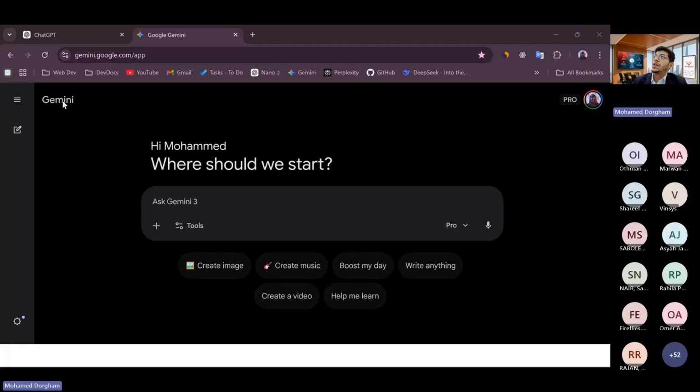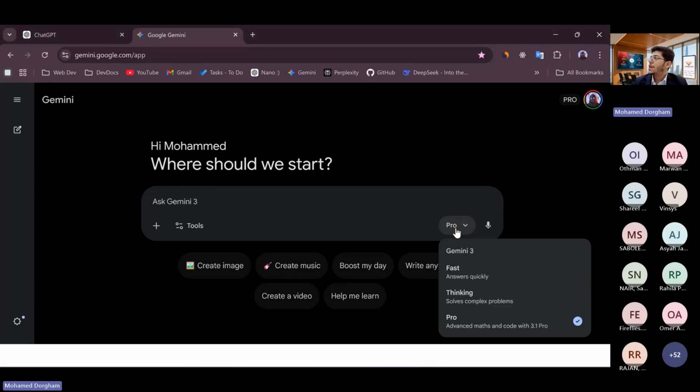So here, as you can see, this is another AI system and it uses another LLM. If you want to see it in real action, under the chat box you're going to see that there are different types of AI. There is a Pro here. I'm using the Pro, but there is another one called Fast, and there is another one called Thinking.